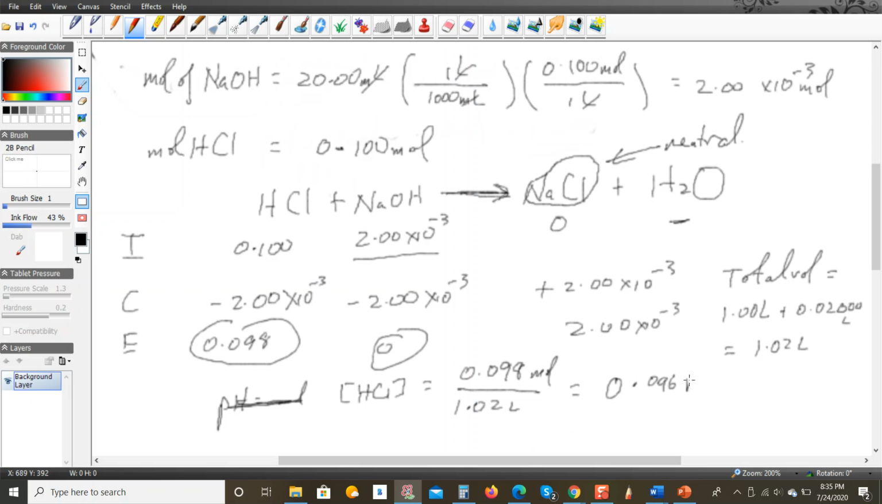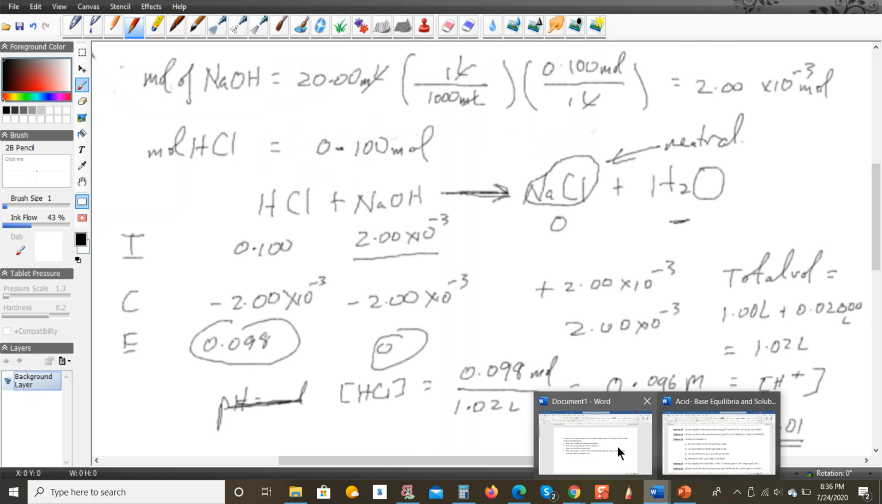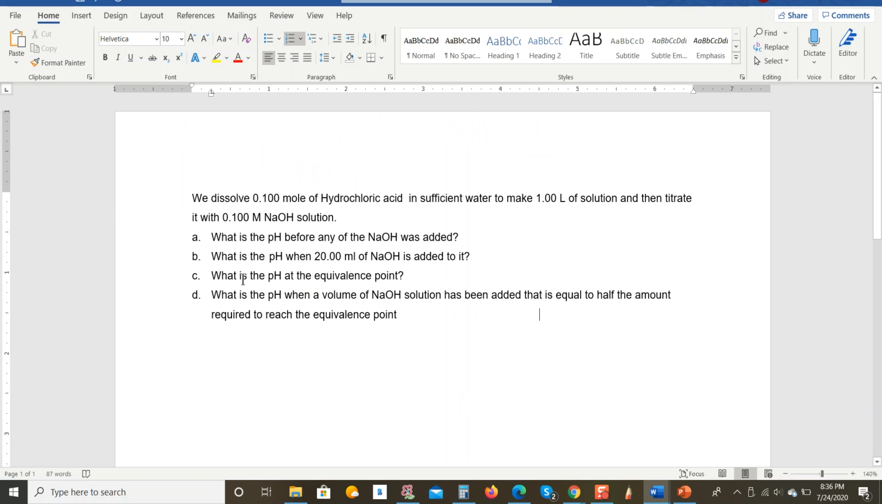0.096 M, which would be equal to the concentration of hydronium or H+ ions at the time. And therefore pH would be equal to minus log of 0.096, which is equal to 1.01. So that would be the pH at that point, all right? So this is the pH before we get to the equivalence point. So the next question is asking for the pH at the equivalence point. So I'm going to deal with that in the next